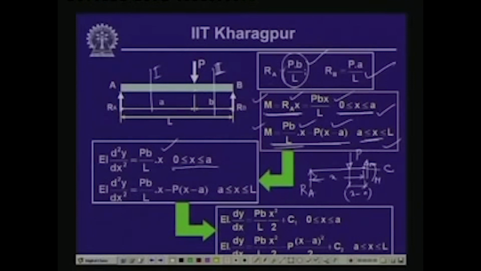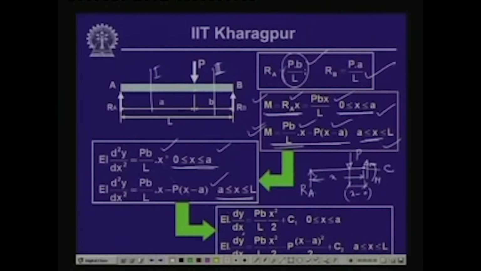So, this is the range of validity of this particular expression, and subsequently the other bending moment equation which we have obtained for the other segment, we substitute over here again in this differential equation, which is EI d2y/dx2 equals moment, and the range of validity is between a and L. Now, once we integrate these expressions, we come up with this,